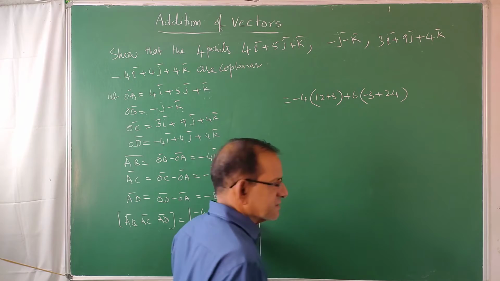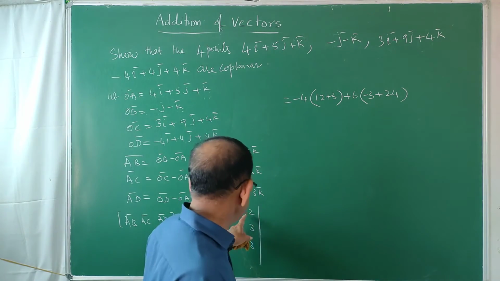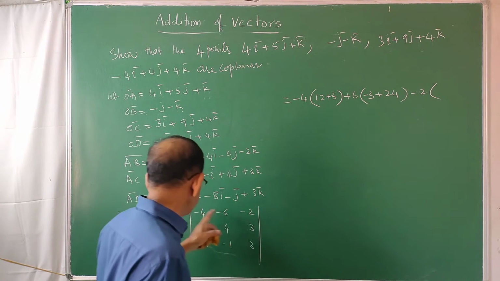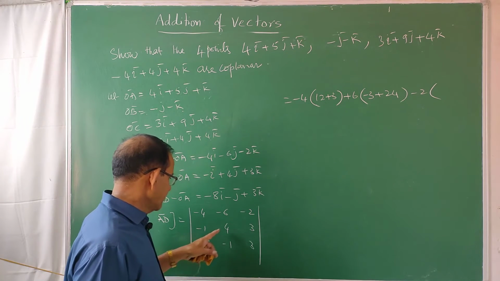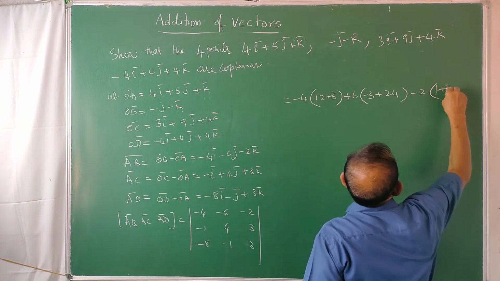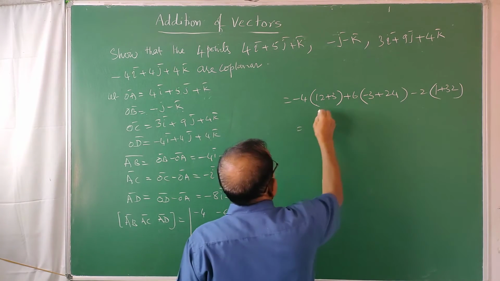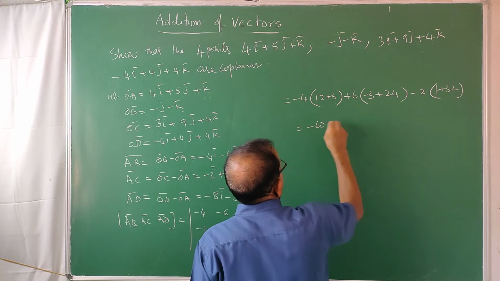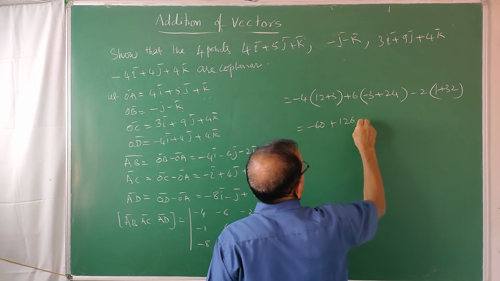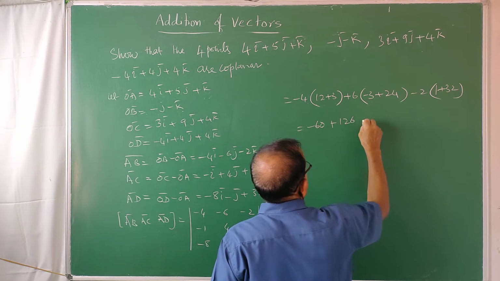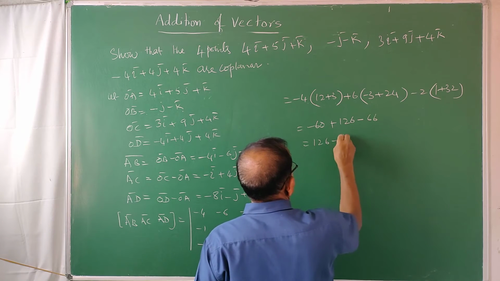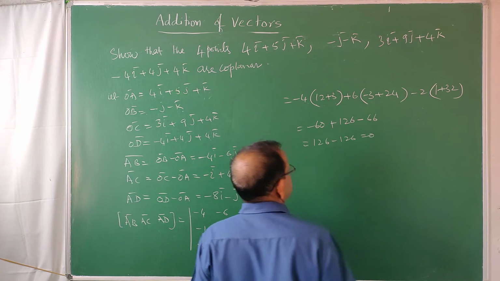Now for this it is first row, third column, 1 plus 3 is even, so don't change the sign. Minus 2 into, delete this column and row, 1 plus 32. Let us verify. 15 into minus 4, minus 60. This is 21 into 6, 126. The last one is 33 into minus 2, that is minus 66. So 126 minus 126 equals 0.